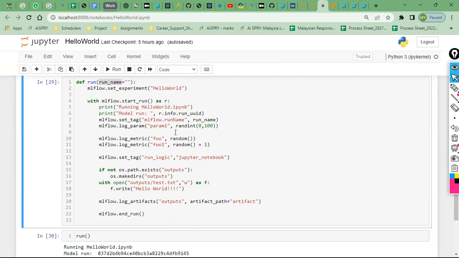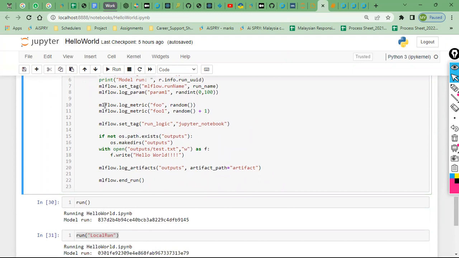Okay, so that I'll show you how it is. So log metric, we are just logging the metrics: how many times, how it was running. And it is setting the tags, run logic, and in Jupyter notebook. So we are setting that. And after that, the file will be detected. If not, it will recreate and then execute